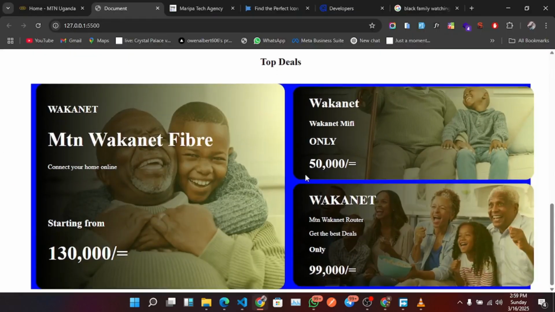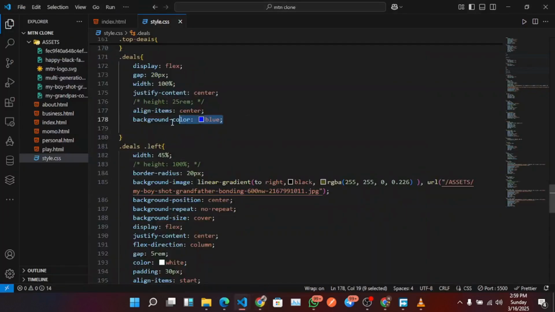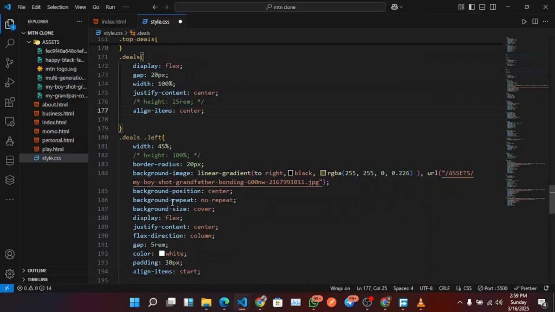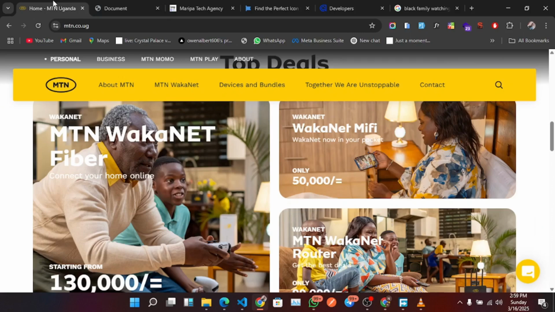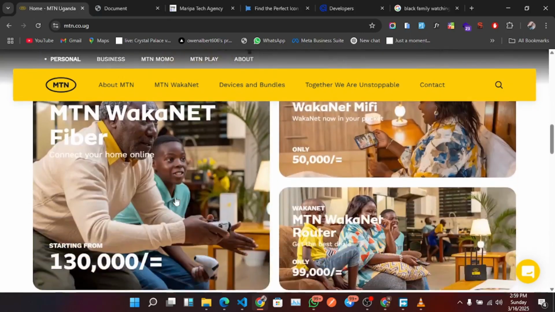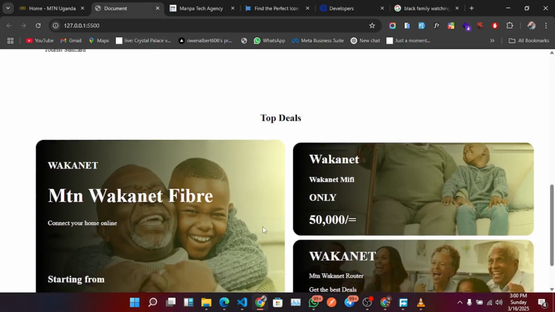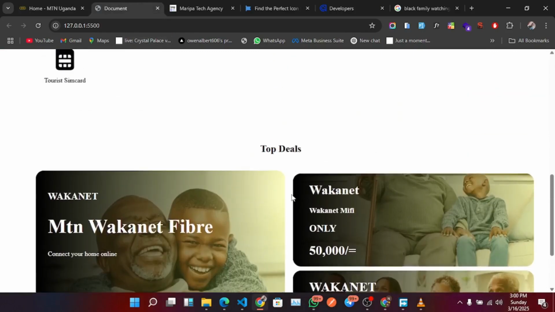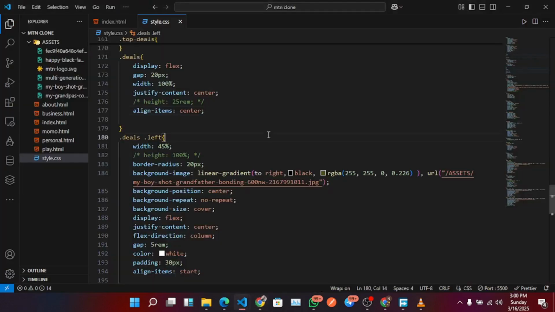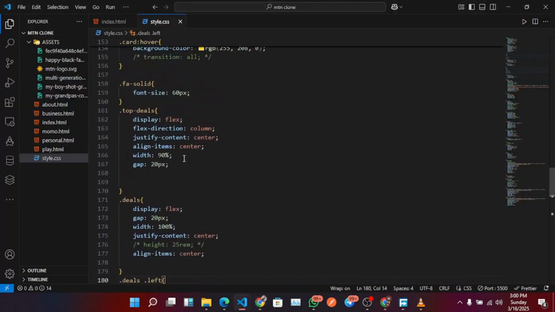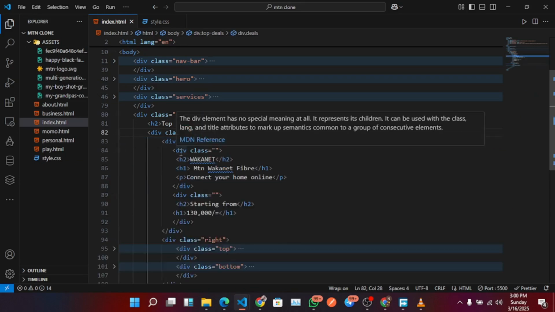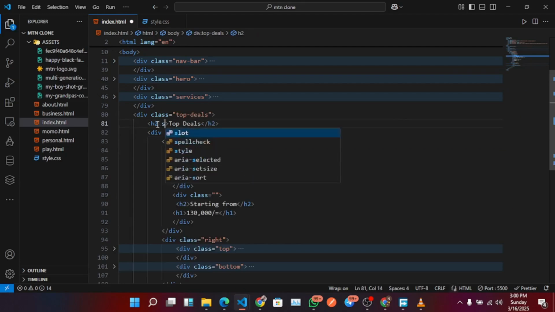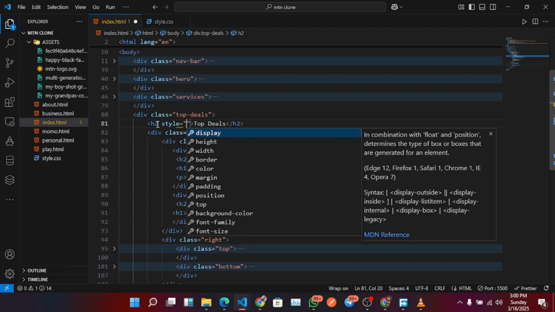Okay, then we can remove this background color, and we remain with this. So when we look at this, it's almost there, and we have these top deals being a bit bold. Top deals, we've got this H2. Can we give it styles here? Say